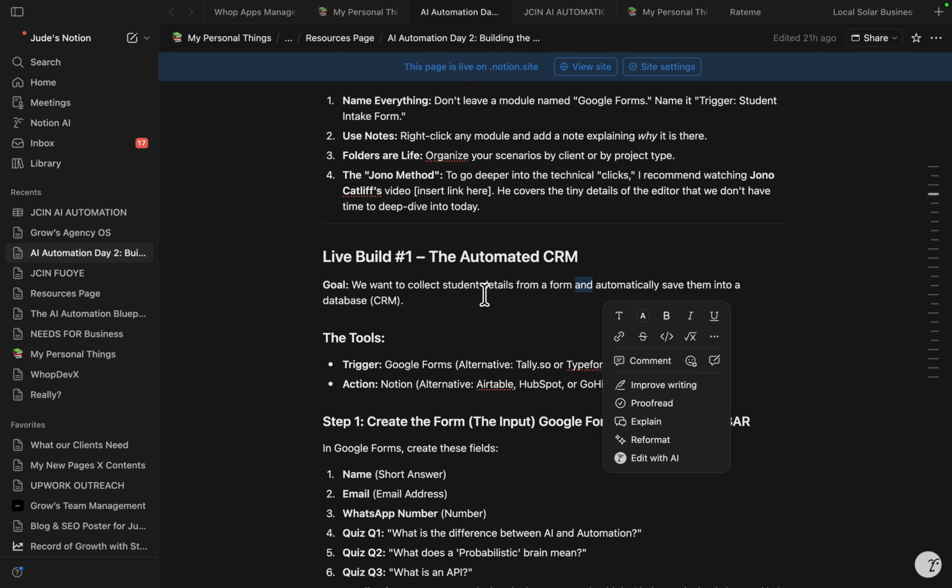So this "and", you can split it from here and say, okay, you want to do the first one, which is the form, collecting students' details from a form. In this case, you just have to reason it. So I need to create a form. Then the other one: and automatically save them. The "automatically" there is from the word auto. Very simple. I don't want to have to do it myself. I want it to run itself. So that means in this case, I need an automation, right? So save them into a database. That's the second one. It's as simple as that, just two.